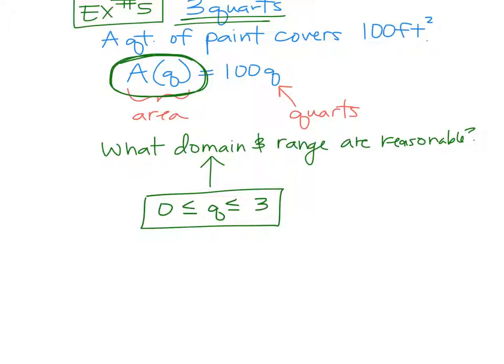Now here's how you have to think about it. If my domain is from 0 to 3, then my range would be if I plugged in a 0, what would I get? And if I plugged in a 3, what would I get? Does that make sense? So if I plug a 0 into this function,